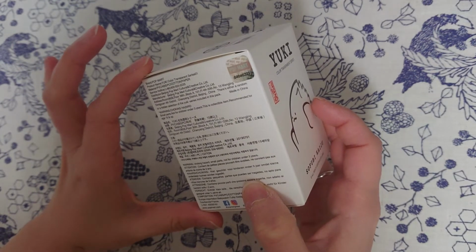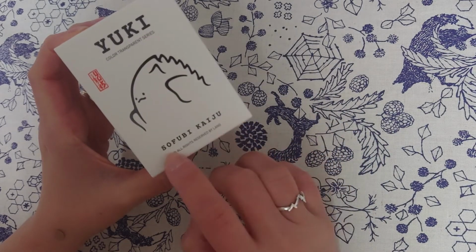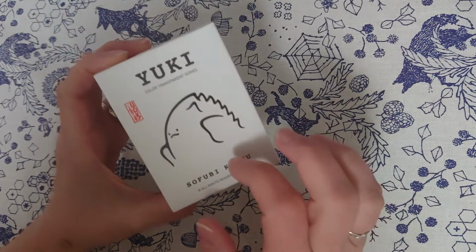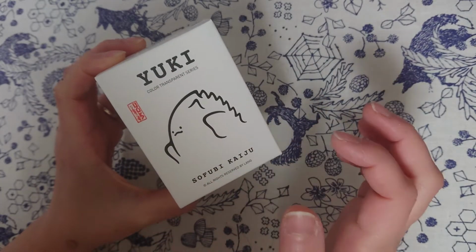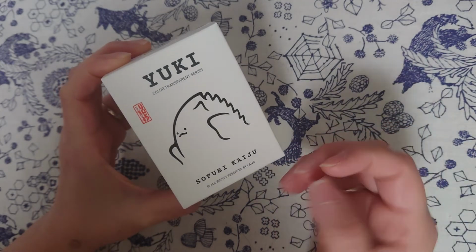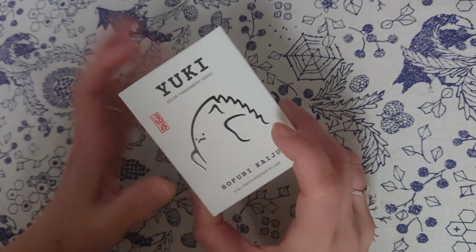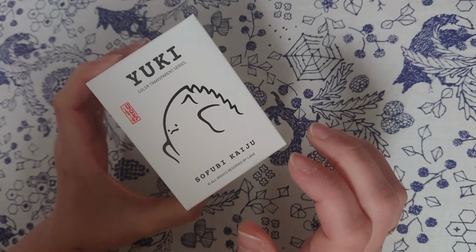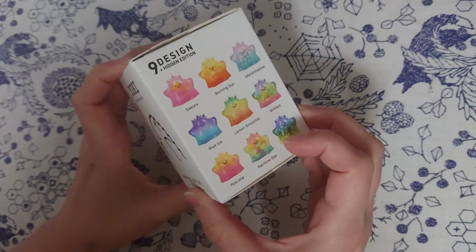And it's a monster. Okay, it's called sofubi kaiju. That means like a soft plastic monster. And it's called Yuki, which means snow, and for me it looks kind of like a yeti. And I love yetis so much. And this one is so cute that usually I don't buy this stuff, but I had to get this to put it on my desk. It's really adorable. So these are the ones that we can get,